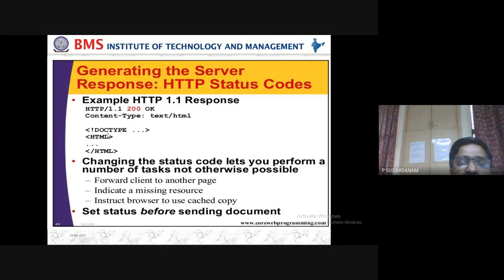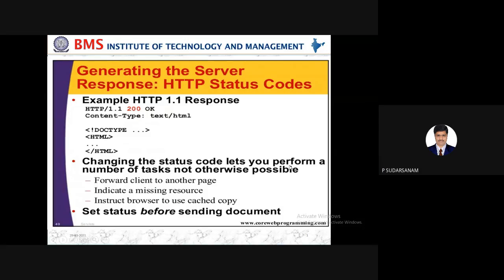So HTTP 1.1 200 OK, content type is equal to text/html, then the doctype declaration, and the HTML, how to write the code, starting of the HTML, end of the HTML. With this, we have to see some of the numbers, what will happen, how to write those numbers or how to use them. That's what we'll be seeing today.